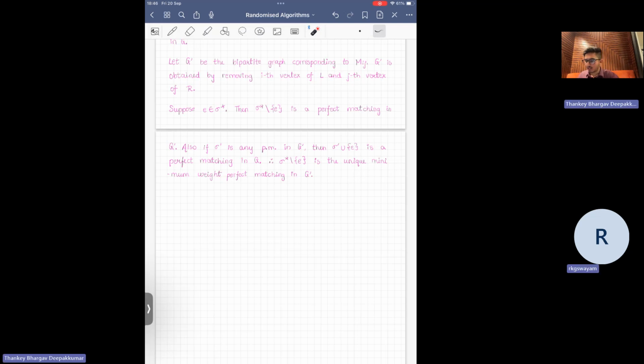Okay, let's do it like this. So actually, this gives me something similar to what we used to do in Prim's algorithm. The idea is similar. So, suppose that